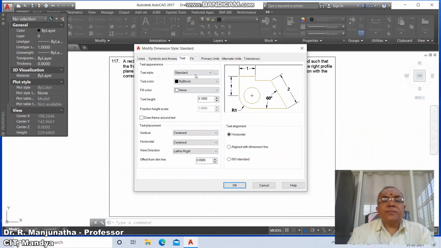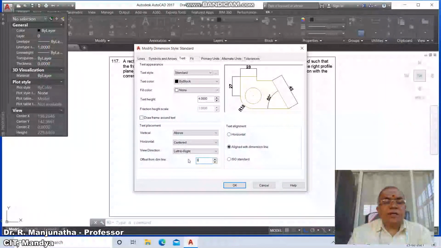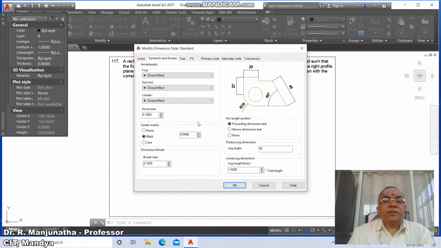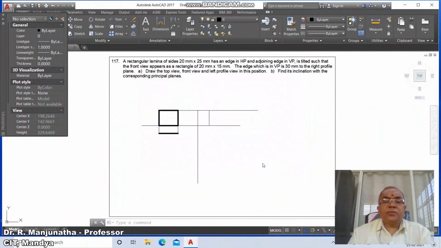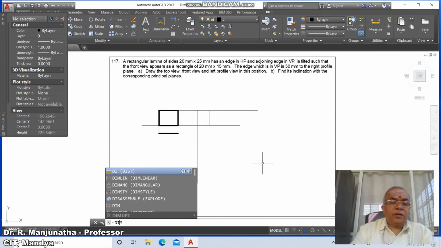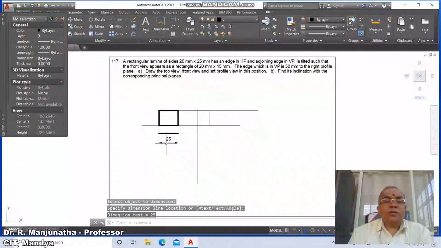Then go to text, make this 4, align with the dimension line, centered above, take the text gap as 3. Go to symbols and arrows, take the arrow size as 4, then go to lines, take offset from origin as 3, say OK and close. Then go to dim horizontal, select this line and take this dimension, which is 25,